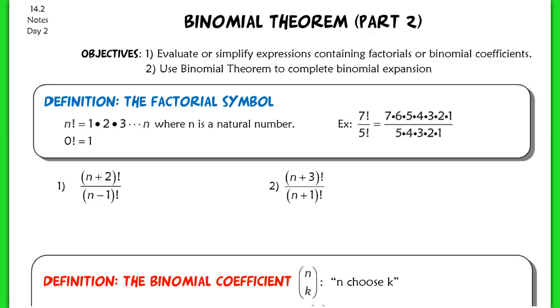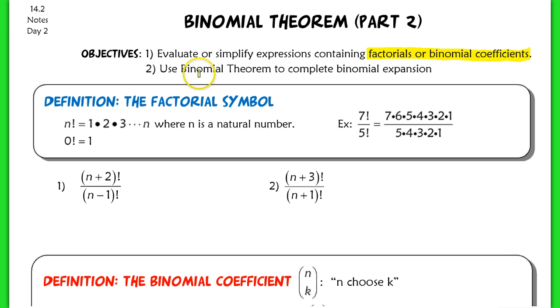This lesson is for section 14.2. We're going to be working on the second day of binomial theorem. Our objective for today is to evaluate or simplify expressions containing factorials or binomial coefficients. So I believe factorials will be review for you, binomial coefficients will be new, and then our second objective is,